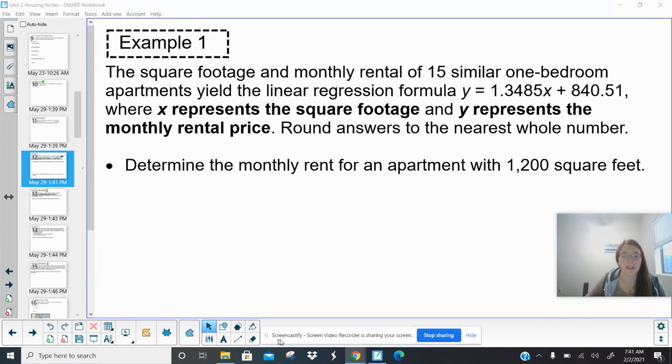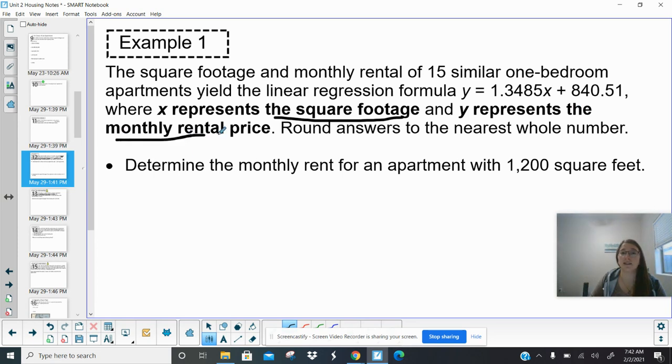Because X represents the square footage. So remember, that's how big a house or an apartment is. And Y represents the monthly rental price. So this equation here is the relationship between how big an apartment is and its price. Because obviously it makes sense. The bigger an apartment is, the more it's going to cost you. So this is just looking at 15, they just picked. This is like statistics. They just picked 15 similar one-bedroom apartments and compared them based on their price and